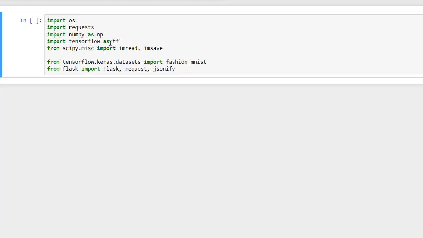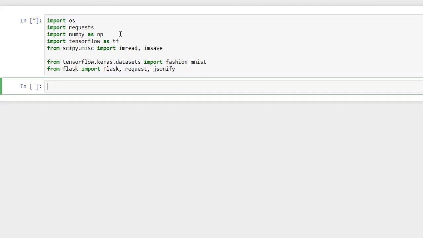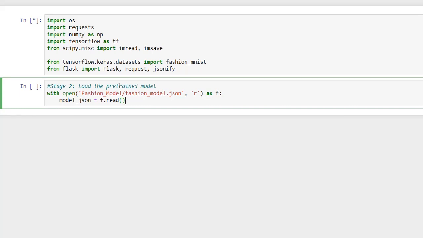Okay, next I am going to add some code to create an API. The next section is where we load the pre-trained model. I am going to execute this cell. It just got executed. Then the next one: here I pasted the code to load the pre-trained model. It is in the fashion model folder.